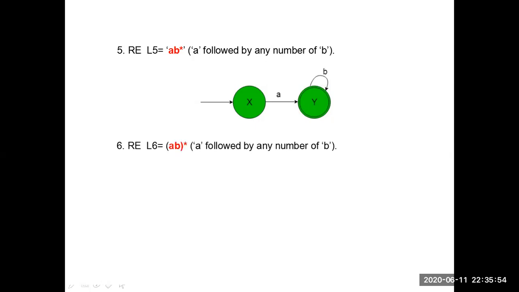If you take the same example with AB whole star, what is the meaning of this? AB is a conjunction. We already know how to write it if only AB is there. AB star means any number of combinations of AB: a single copy of AB, double combination, triple combination of AB. Any number of combinations can come, but AB should always be in conjunction with one another. Epsilon, single AB, ABAB, ABABAB, like that. Any combinations of AB can come, but A should always be followed by B.